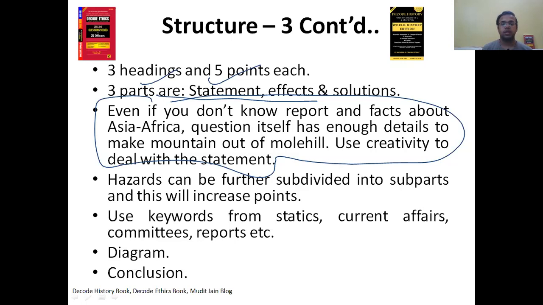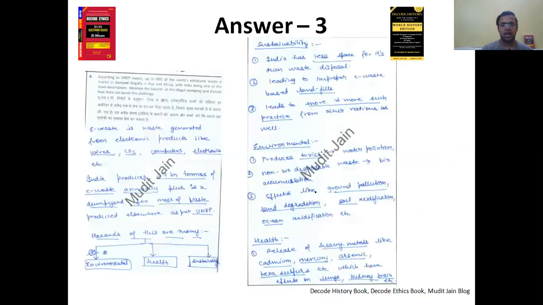But then to address this statement, you have to mention one or other example. Similarly for Africa, I guess most of them won't be doing well. So pick a country of your choice, say South Africa or Zimbabwe or Nigeria, and then write that these particular countries are not doing well as far as e-waste management is considered. So you have to mention about these things in your answer. Apart from that, question is very simple. Now let us see my answer.